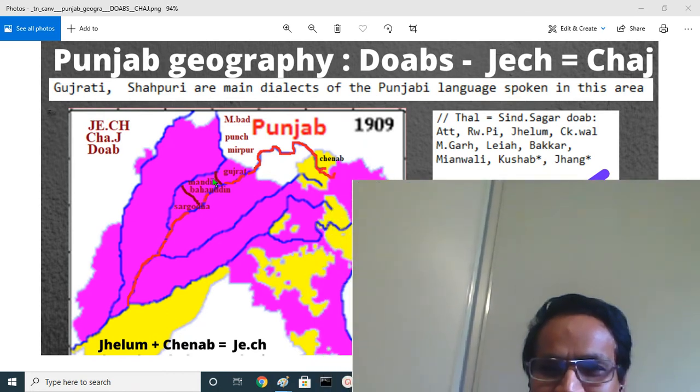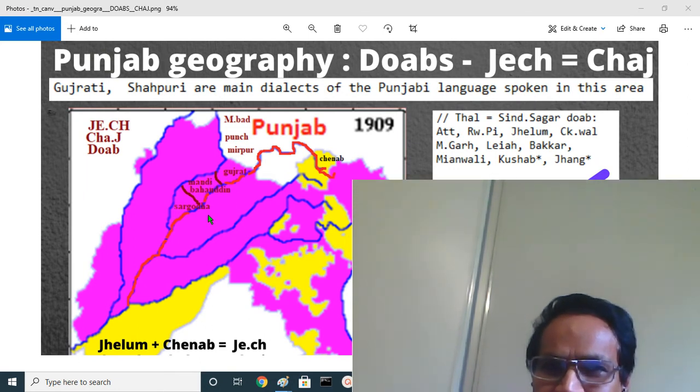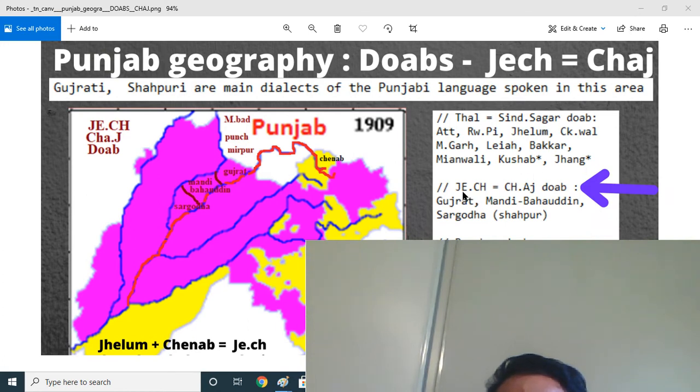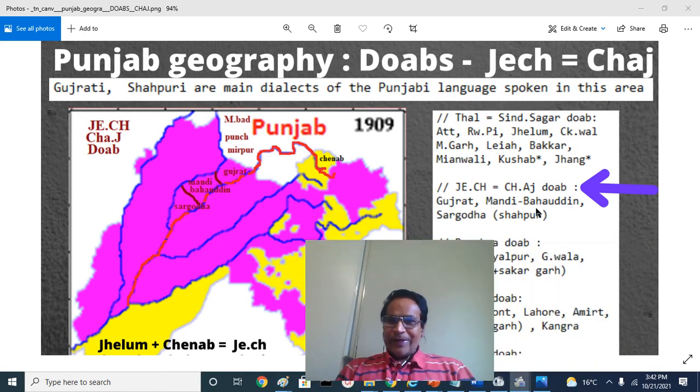Jech Doab has a bar called Kirana Bar. There are the Kirana mountains here, that's why it's called Kirana Bar. Rechna Doab has Sandal Bar, and Bari Doab has Nili Bar and Ganji Bar, as we discussed before. So this is the Jech Doab, the Jhelum River, the Chenab River, or Chaj Doab, the Chaj River, and the Jhelum River here, and it has the districts Gujrat, Mandi Bahauddin, Sargodha, Shahpur,